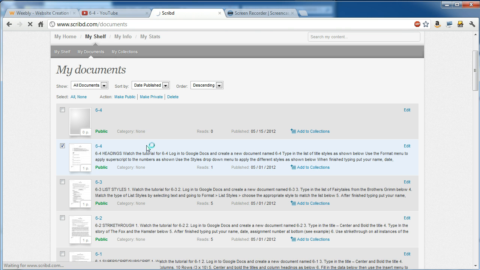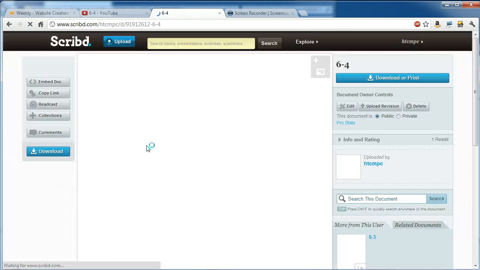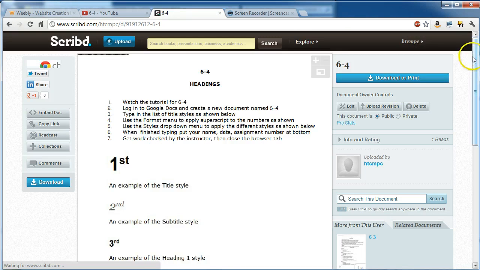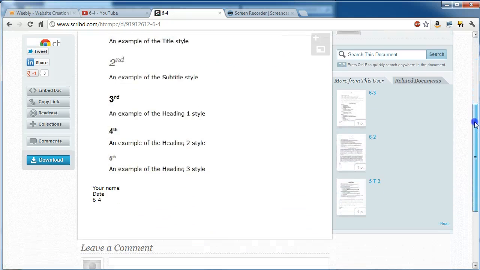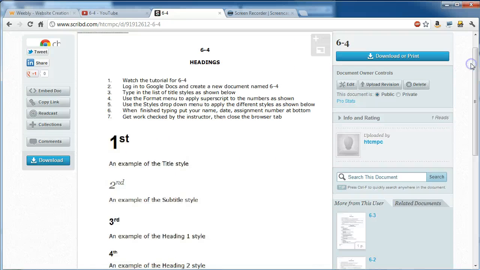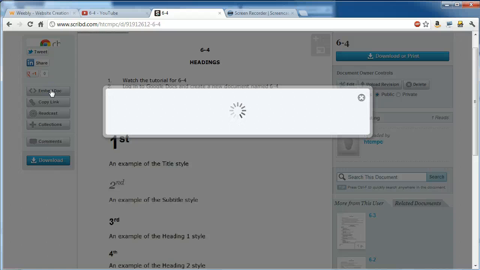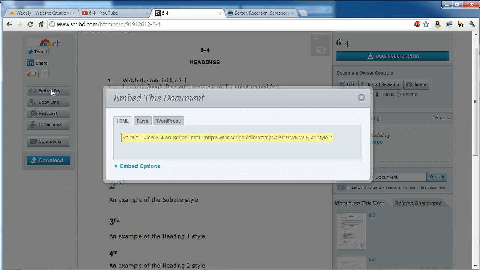It's taking a minute. And the premise is basically the same. You're looking at this document and you want to find the embed code, because you're putting in a custom HTML. So I go to Embed Doc. And waiting. Everyone's on the internet. Okay, and it gives you options. You've got to embed this document. You have HTML, you have Flash, and you have WordPress. For our purposes in Weebly, you're using